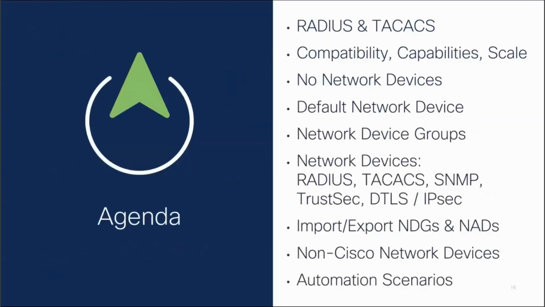So these are the different things that we want to talk about today. We will be mostly focusing on RADIUS, just going to touch on TACACS, but all the concepts are the same. The way you manage it is all the same. We'll be going into how ISE handles all these different network access devices, and then we'll be getting into what happens if you don't have network devices, how you can use the default network device groups to better manage your policies and things, and then we'll get into some of the settings and actually how you can manage it through CSV, standard delimited files,